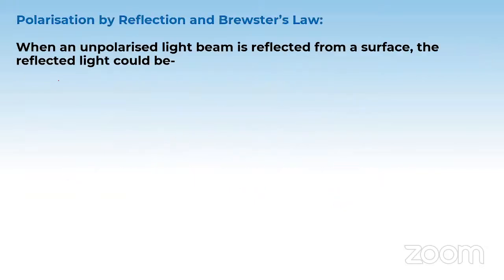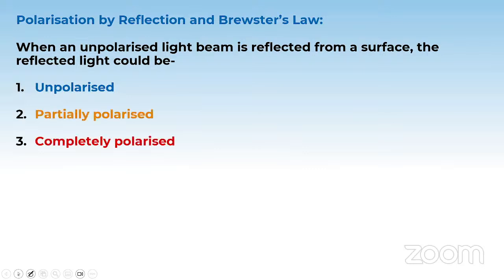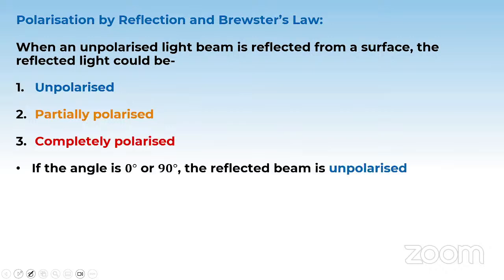रिफ्लेक्शन से कैसे होगा देखो, when the unpolarized light beam is reflected from a surface, the reflected light could be, कैसी हो सकती है रिफ्लेक्टेड लाइट, या तो अनपोलराइज्ड की अनपोलराइज्ड रिफ्लेक्ट हो जाए, या फिर पार्शियली पोलराइज्ड हो जाए, या फुल्ली हो जाए, कंप्लीटली पोलराइज्ड। सो इसके लिए कंडीशन है, अगर इंसिडेंट एंगल 0 या 90 डिग्री, देन द रिफ्लेक्टेड बीम इज अनपोलराइज्ड, मतलब नॉर्मल इंसिडेंट हुआ या पैरेलल टू द प्लेन इंसिडेंट हुआ, तो उस केस में लाइट की इंटेंसिटी चेंज नहीं होगी, अनपोलराइज्ड लाइट अनपोलराइज्ड ही रहेगी।